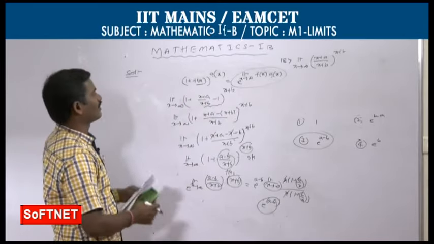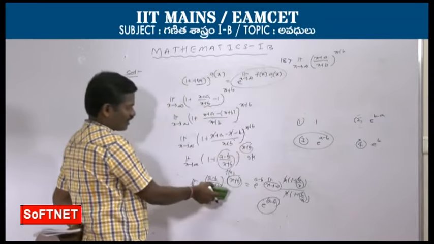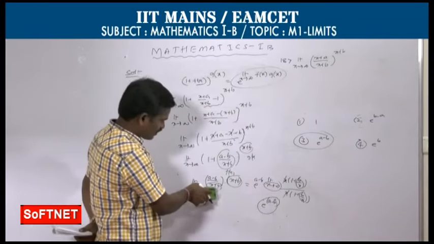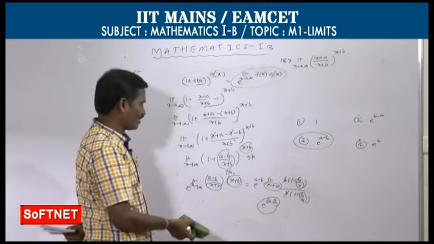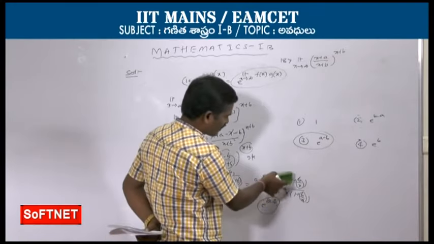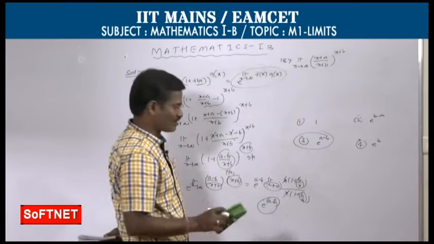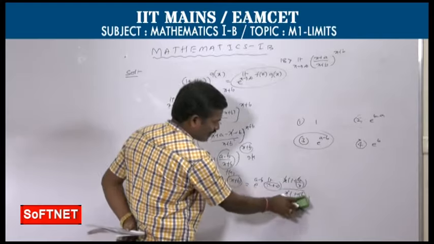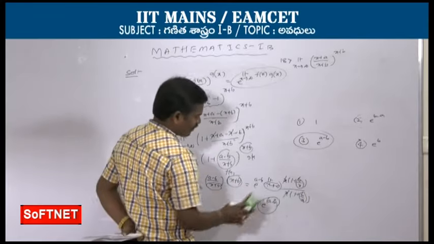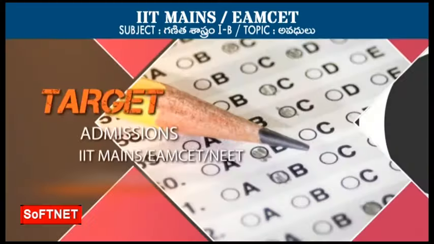So we need to get the standard form of limit as x extends to infinity of f of x into g of x. We are getting the concept that what we have done is take x common in the numerator and x in the denominator, and they get cancelled. After that, as x approaches infinity, 1 by x tends to 0. So b by x is 0 and in the denominator also b by x is 0. So the answer is e power a minus b, the correct answer.